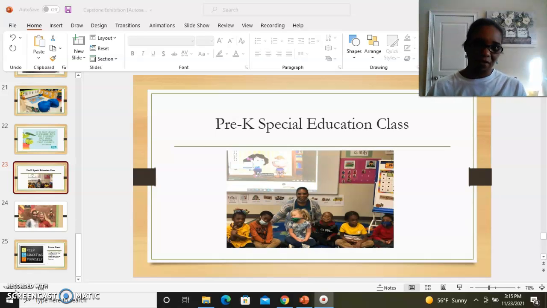Here is a group of our students in our pre-K special education classroom. Every day I work with these students, I think about what I can do to make them have a good day. How can I talk to them when they're not having a good day? How can I calm them? What seed can I plant into them? I also go home and reflect on what I can do the next day about what I don't think I did well that day.